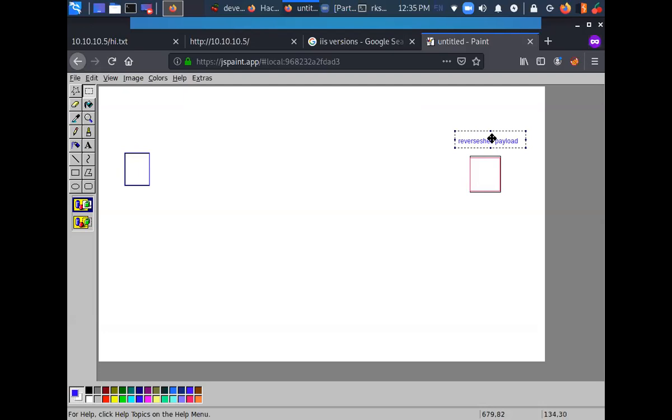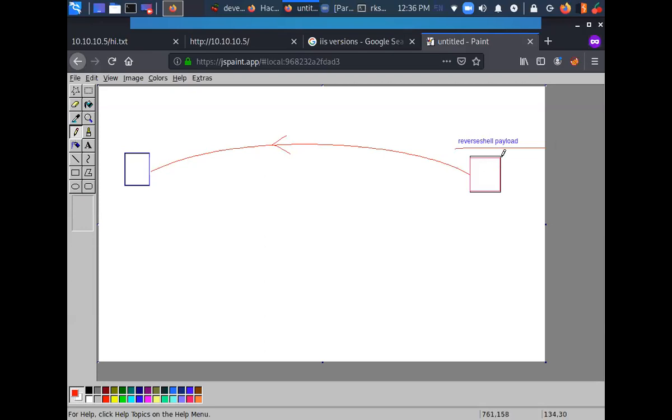Once this shell is executed, what is going to happen? This target machine is going to call back. It is going to create a reverse connection to the attacker machine. So there is going to be a reverse connection created from the target back to the attacker. This is your reverse shell payload.